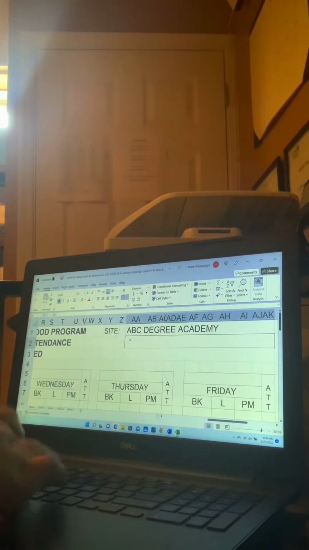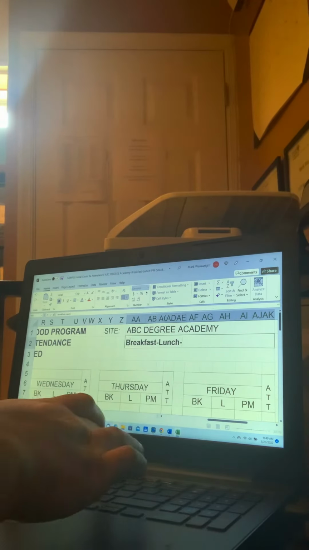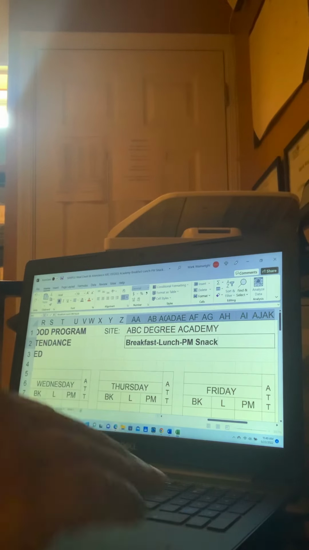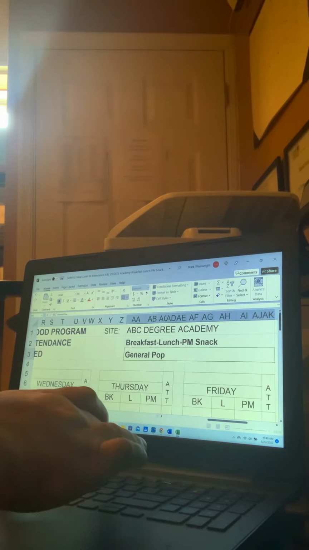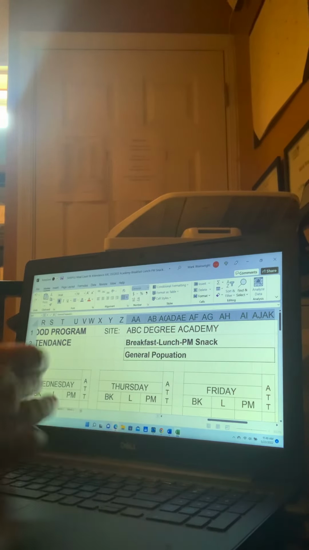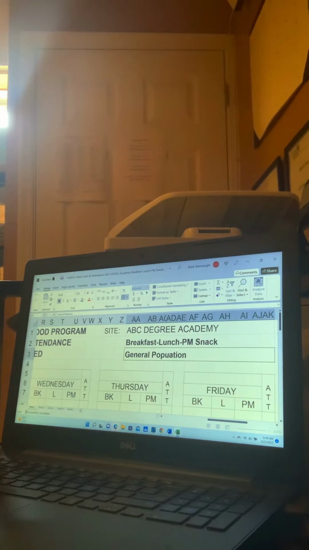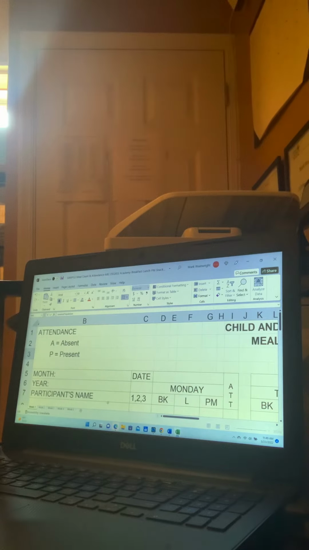So I'm going to put breakfast / lunch / PM snack, okay? Now, what I do, and some centers do, is they'll code this. And the state likes to see this. They like to see a distinction between the 2 meal count and attendance sheets. So you got your center name, specific meals and snacks, general population, okay? Now, what I would do,